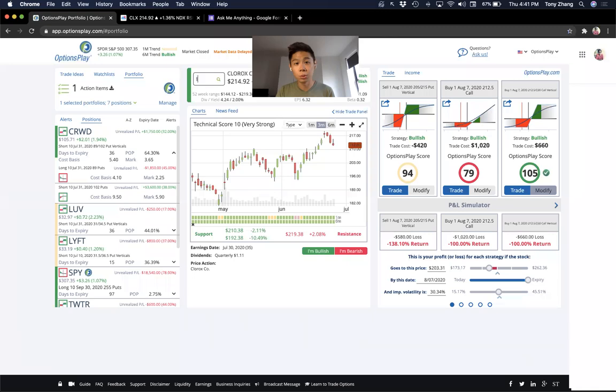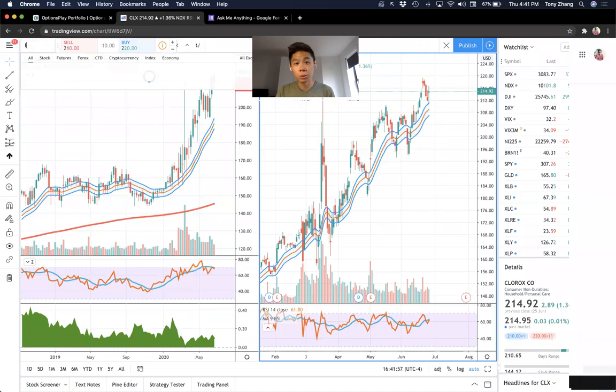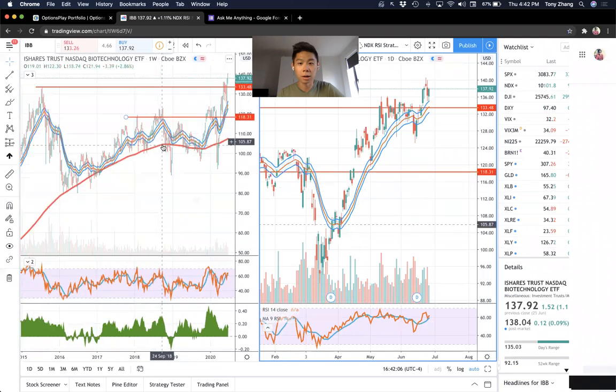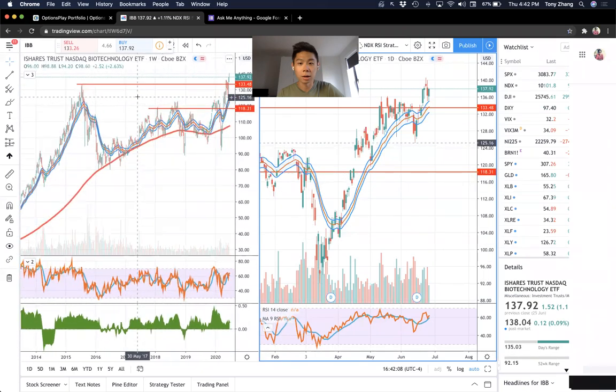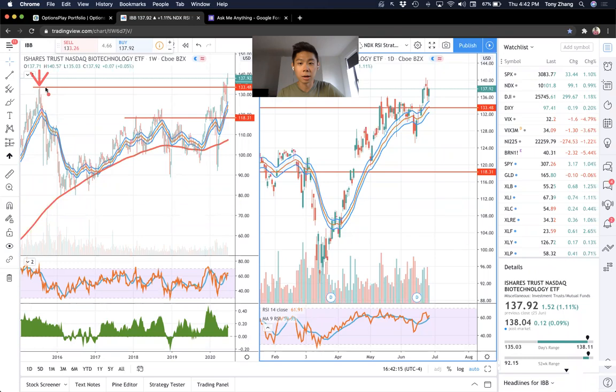I will look at one other name just to show you guys, IBB. This is the biotech index. This is also something we talked about here on Tuesday. Biotech, very strong, leading the markets higher alongside technology. And one of the things I wanted to point out is that biotech had this major breakout here. As you can see, going back to July of 2015, that's when the market topped at 133.50. And the biotech index has underperformed the market since July, but recently has started to outperform and